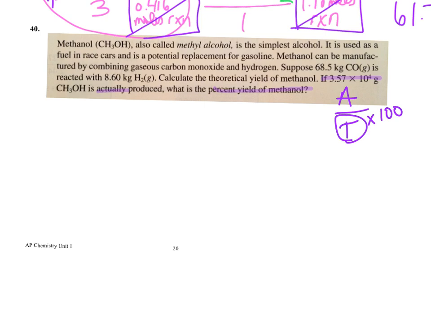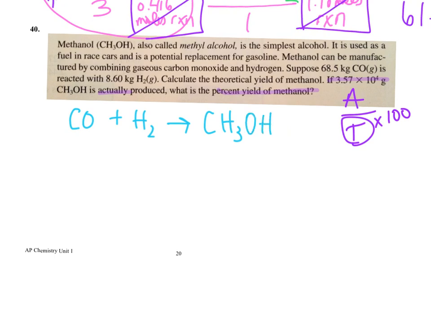So the first thing I need to do is write an equation. This says carbon monoxide and hydrogen, when mixed, is going to yield your methanol. So whenever you have to write a reaction from scratch, please check your balancing. And you can see that I need a 2 here because I have 4 hydrogens on the right side. So first order of business is to write down what I have. I've got 68.5 kilograms of this, and I have got 8.60 kilograms of this, and I'm looking for my theoretical yield, which I'm going to plug in there to find